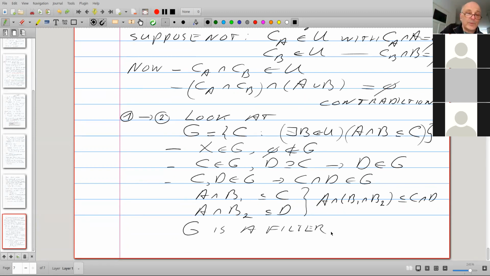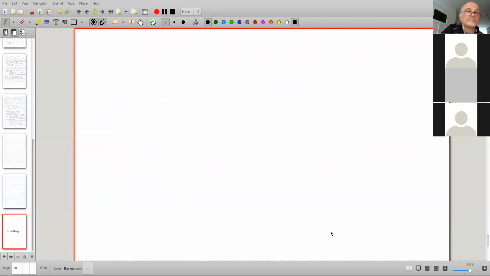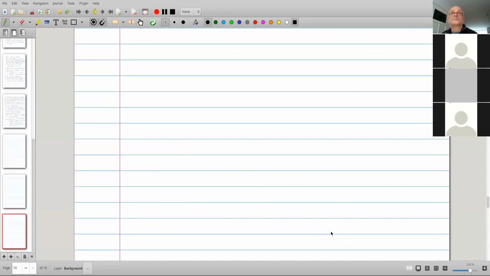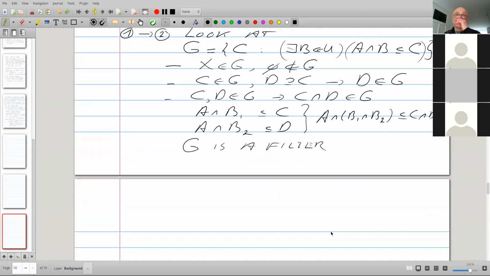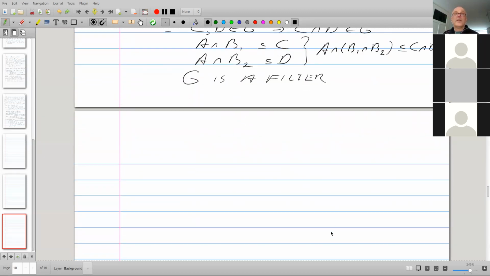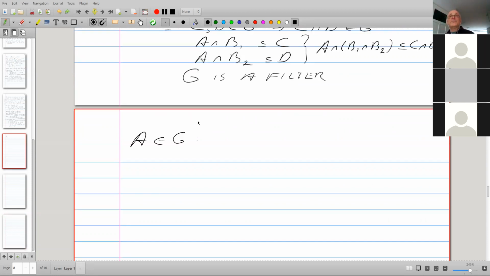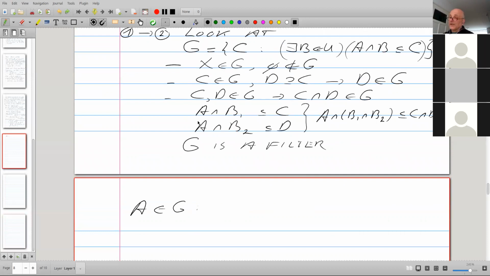Okay, now I need more paper. And here it is. G is a filter, lovely. But there are two things going on with G. A is a member of G. Really? Yes.